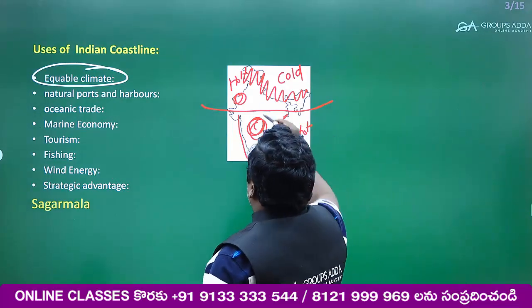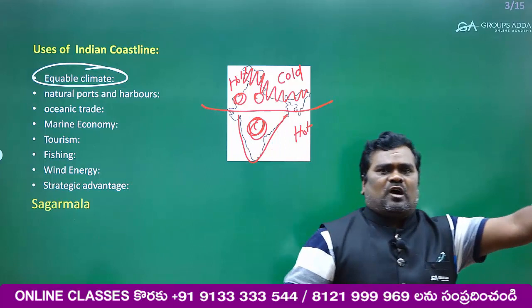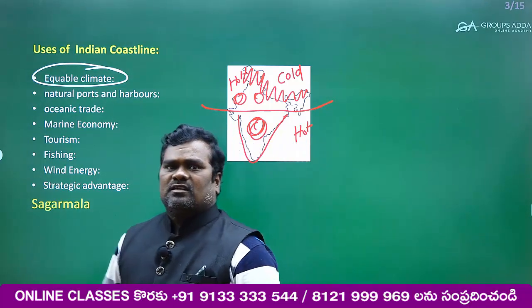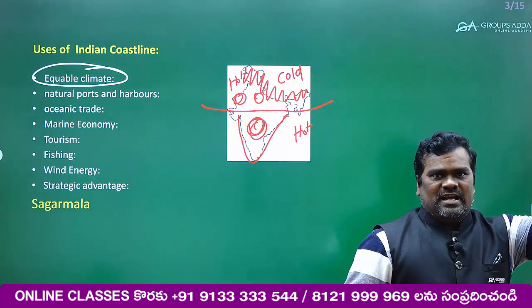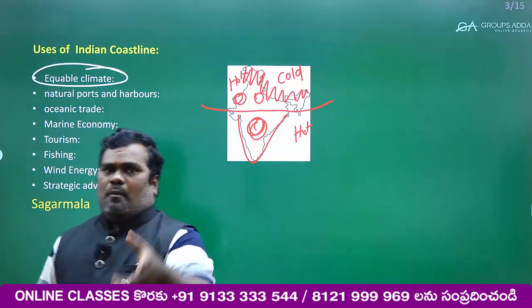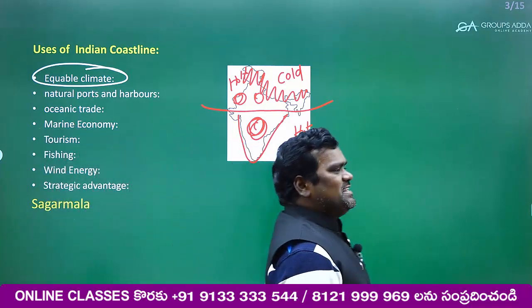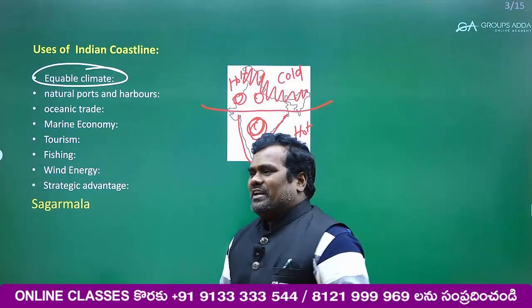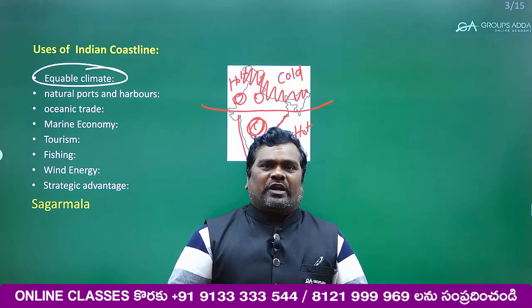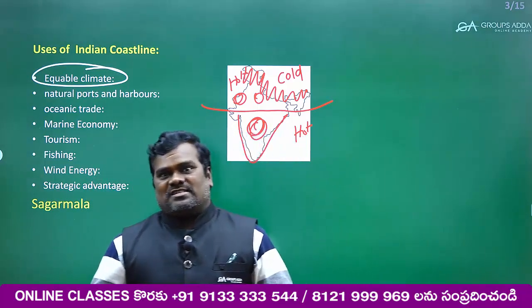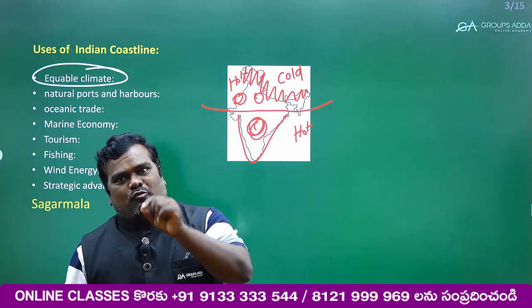Now if you go to Delhi during winters, the temperature will be around 2 or 3 degrees. During summers, the temperature will be around 40 plus. Isn't it? Suppose you ask a boy who is in Bombay, or in Chennai, or in Calcutta, he will say that, Baba, our temperature is just 20 to 25. It is around 20 to 25, even in summer or even in winter. Isn't it? That is one of the major advantages of